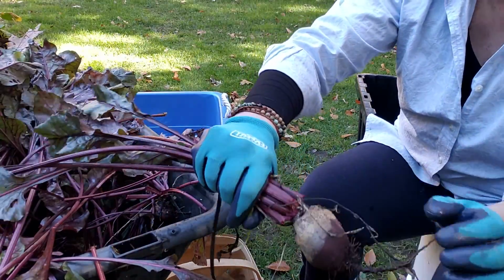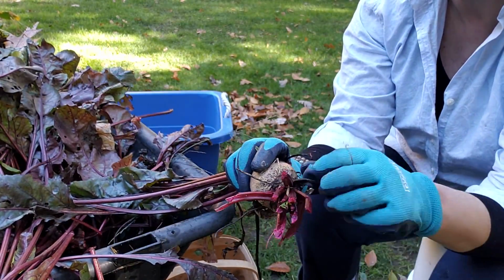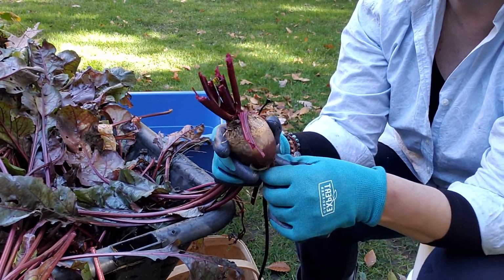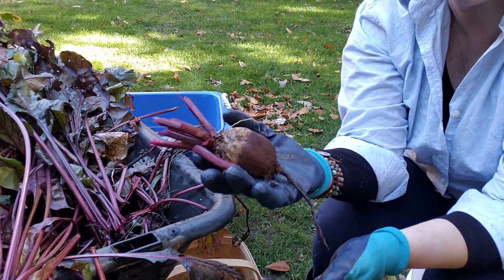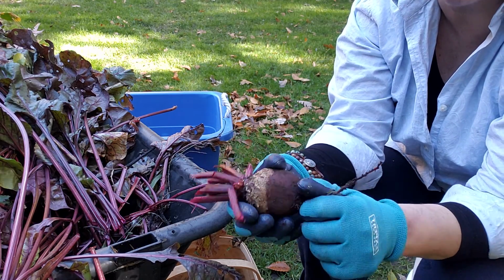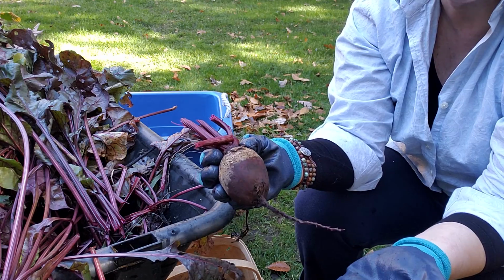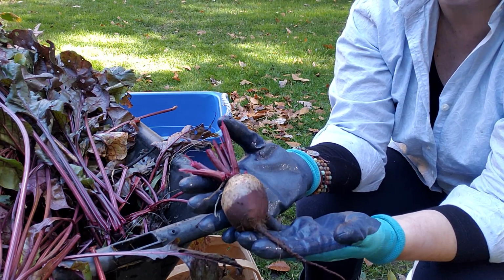Again, about an inch above, and you can either cut them or just separate them, clean it up, make sure it's nice and clean. And then I'm gonna show you how I'm gonna store them. Also, I'm not gonna wash them. I'm gonna leave them just like this. And if there's a little bit of soil left, it's okay. I'm just gonna shake it off, but it's nice and clean otherwise, and that's exactly how I'm gonna store them,